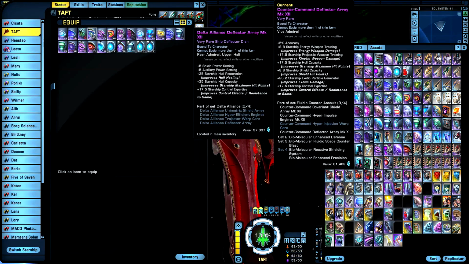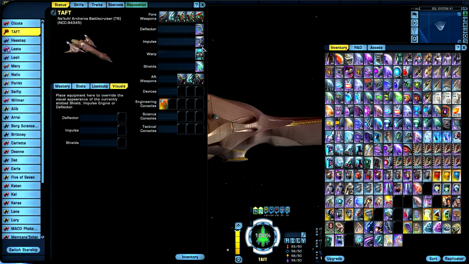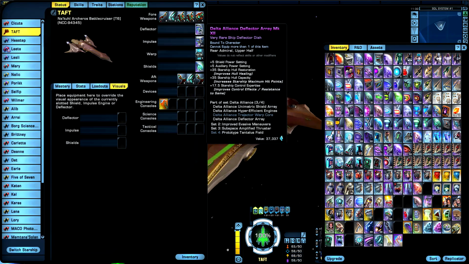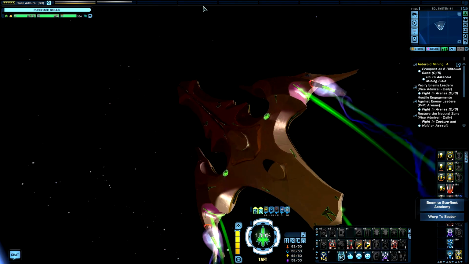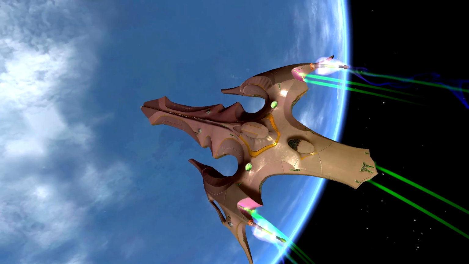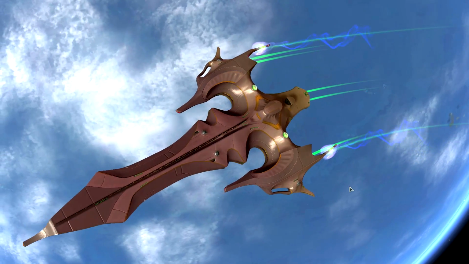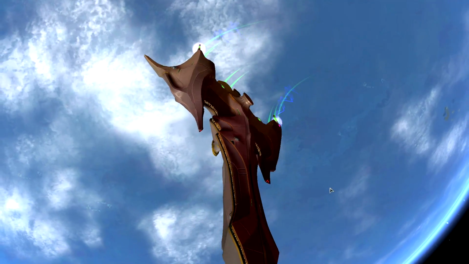Moving on, this is the Delta space set. Now, do we have all 3 pieces? We do. Here we go with the Delta space set. Now, in my other videos, I'm not particularly fond of the Delta space set